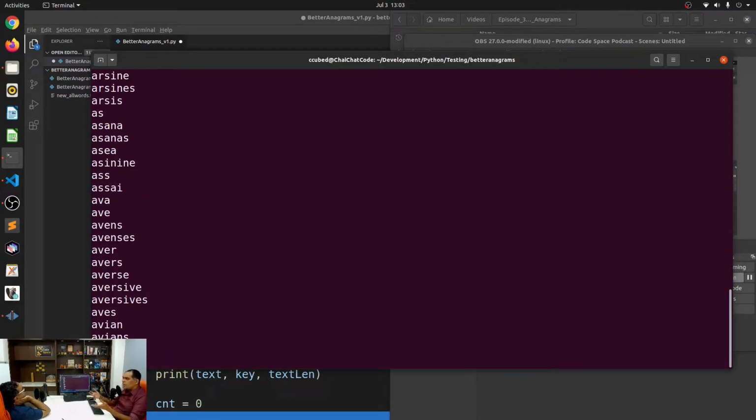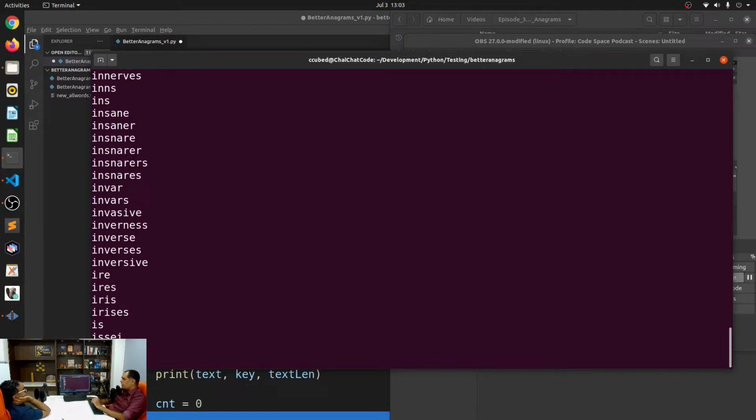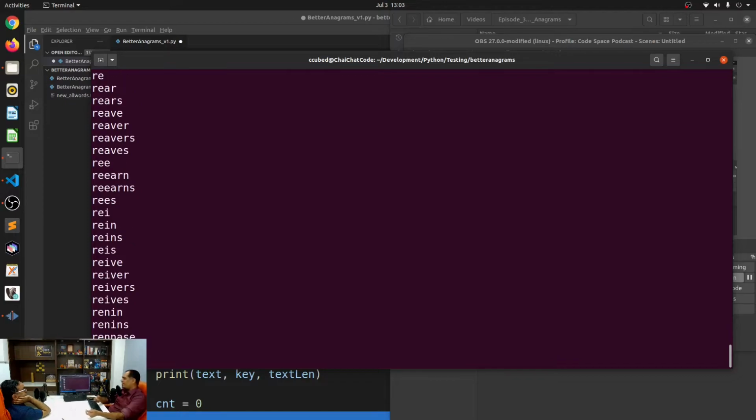Nice. And the reason why it can do that is because of what we just did. We are running through the dictionary, converting each word into its key, and then doing the match. And of course, we've also shown what the dictionary looks like. It's just a long list of English words of all lengths. And you can see it has already started producing results. It's also computationally not that expensive. The only computation that is required is basically loading the file, which for Python is nothing. It's a breeze. And the regular expression.